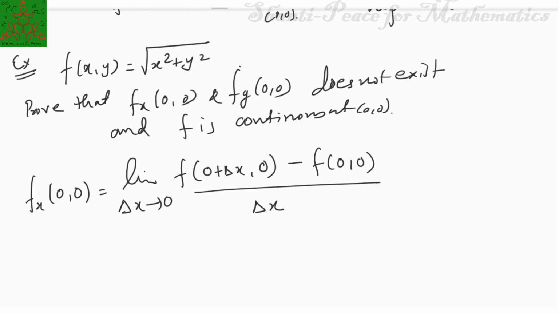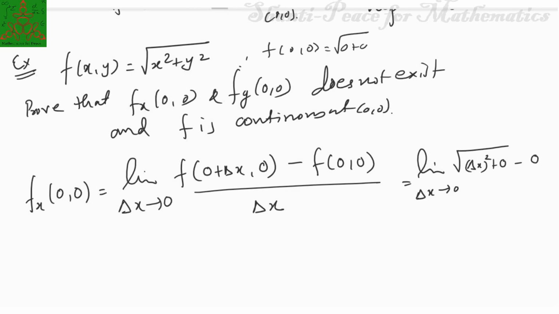So as per the definition, this is nothing but the limit as delta x tends to 0 of the square root of delta x squared plus 0 minus 0, because f of 0, 0 is the square root of 0 plus 0, which gives you 0. So f of 0, 0 will be 0, all upon delta x. So you will have the limit as delta x tends to 0 of the square root of delta x squared